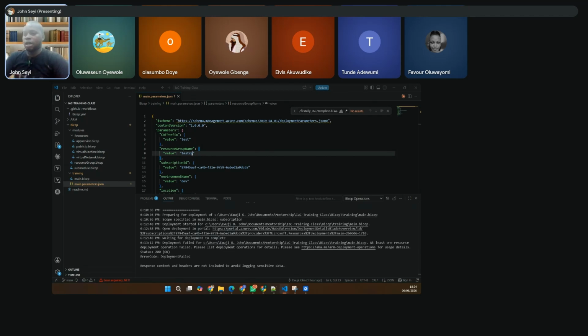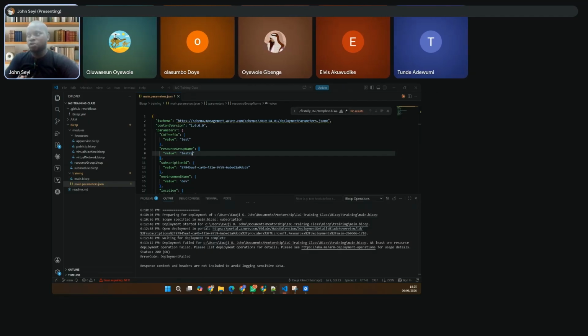Okay, let's go to the next mode of deployment. The next mode of deployment is the automated process of deploying infrastructure as code. In this process, we're talking about Bicep code. First thing first, I want you to know that